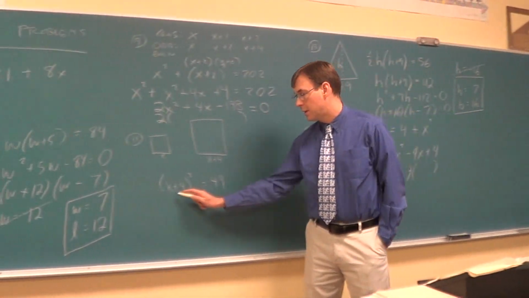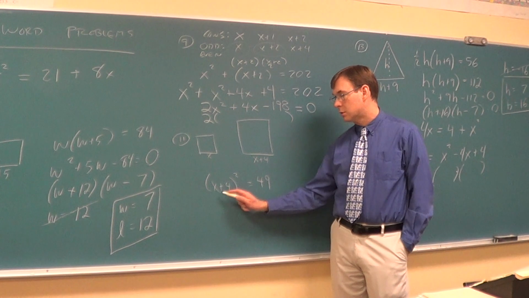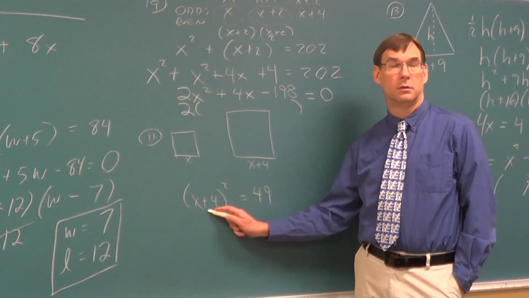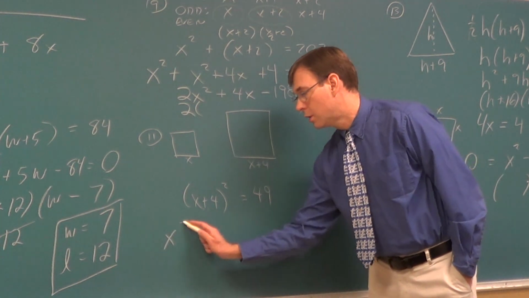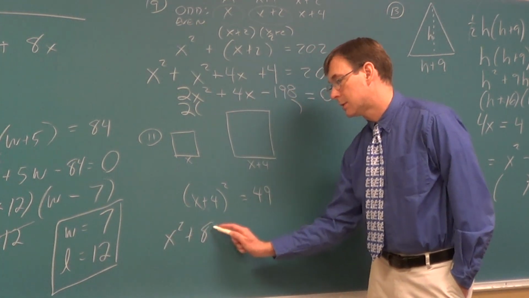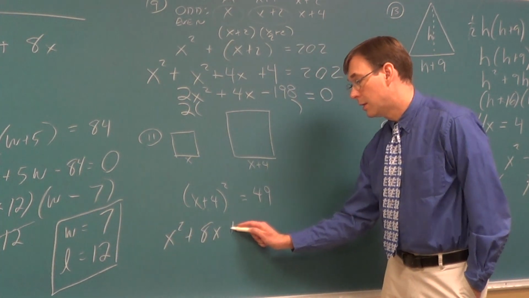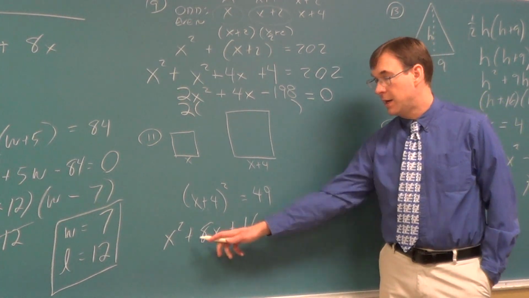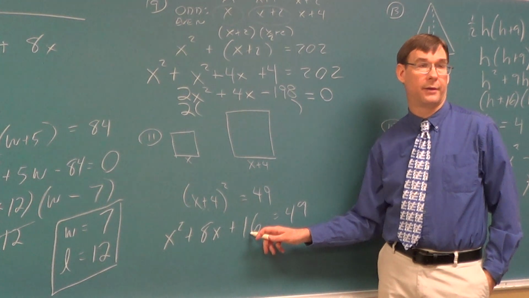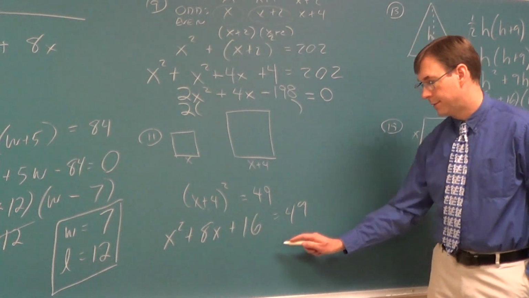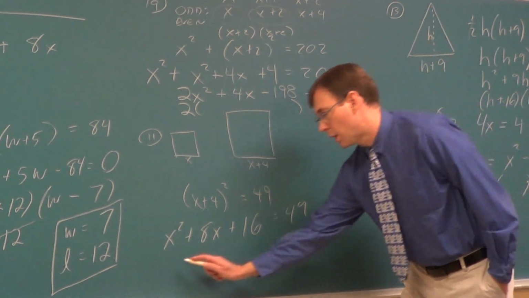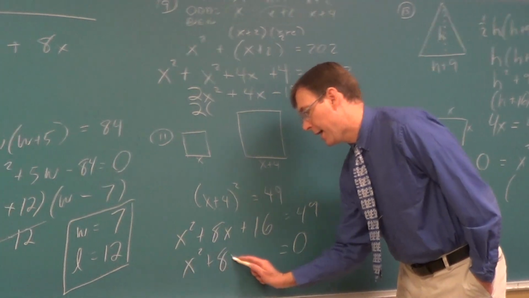So 11, we'd want to square this out. So what's going to happen if we square that out? X squared. 8x. Yes? 16. Plus 16. Agreed. Anybody need an explanation of how we squared that? Then what? Make it 0. So still x squared plus 8x